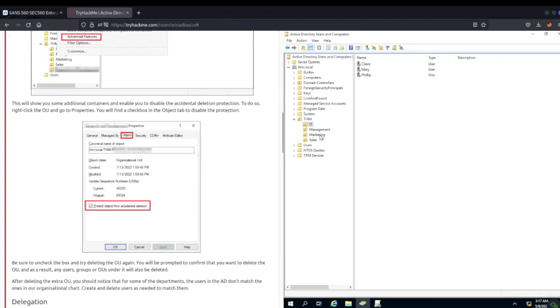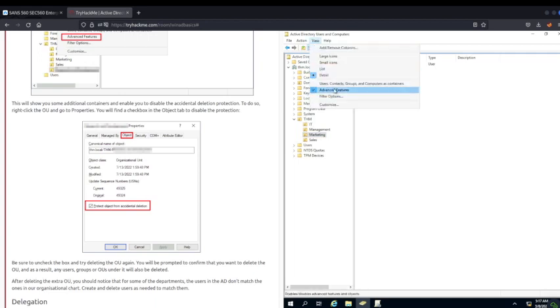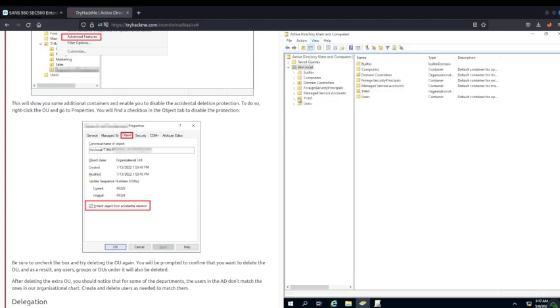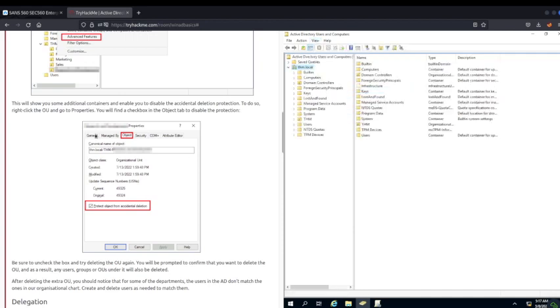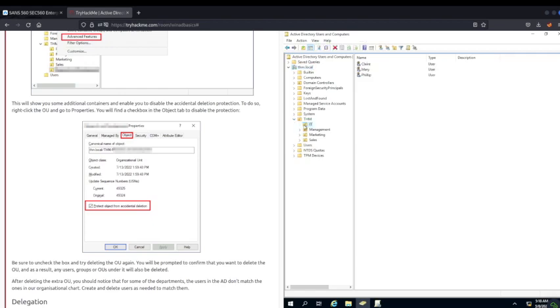So it just says you go on Advanced Features, right? So you are on Advanced Features. If I just remove it, that would be your default file structure. Now I can just go on Advanced Features, and then it says to remove the protect object from deletion. That means we can't delete it. So what I want to do is, on this folder DHM,